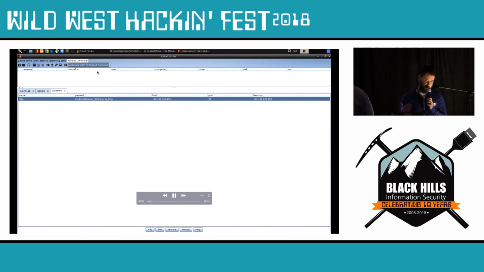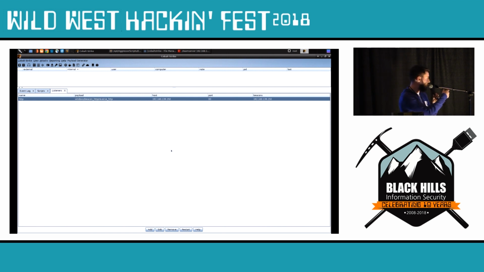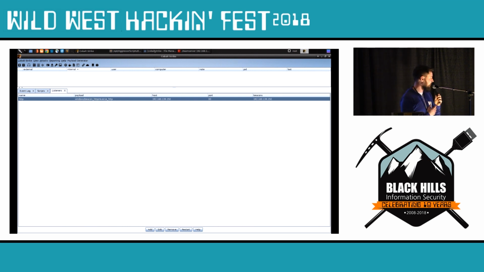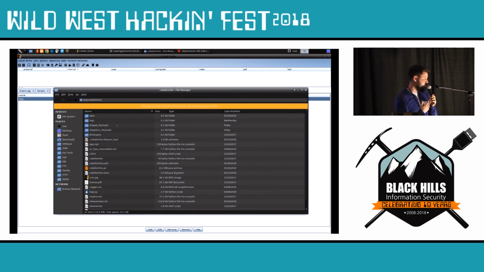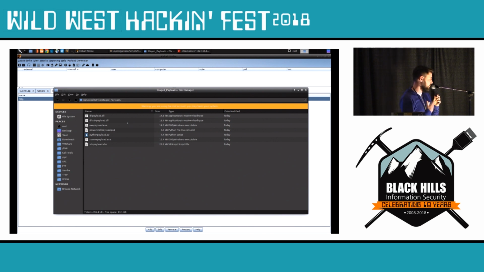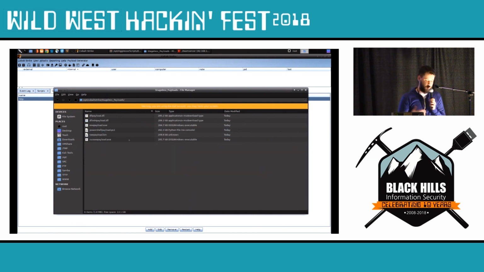All right, so here we can see that we actually altered the UI a little bit. We have a payload generator menu. We went ahead and generated all the payloads. It told us that they were generated, and to check the folder to see where they are. So now we can go to our folder location, and we see that those folders were created, and they have the actual payloads inside of them. So there are all the staged payloads, all the different formats that they generate in, and all the stageless payloads with all the different formats. So it's a cool, unique way to use Aggressor to automate that.